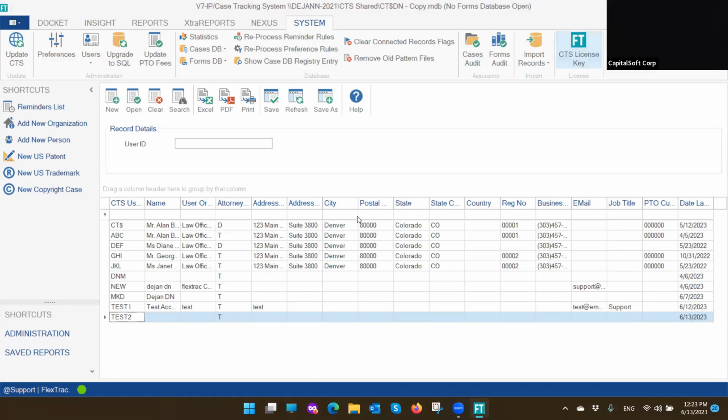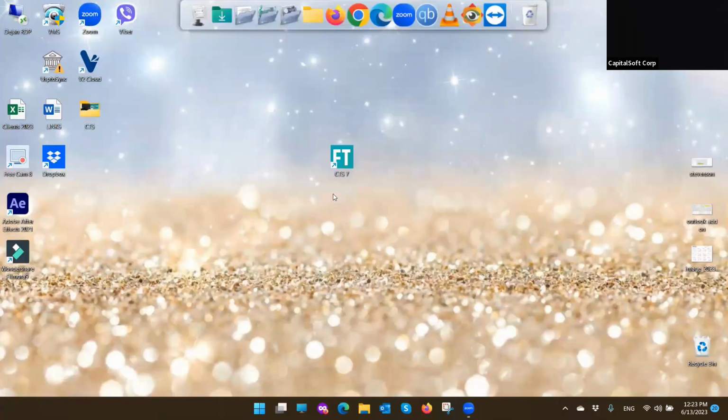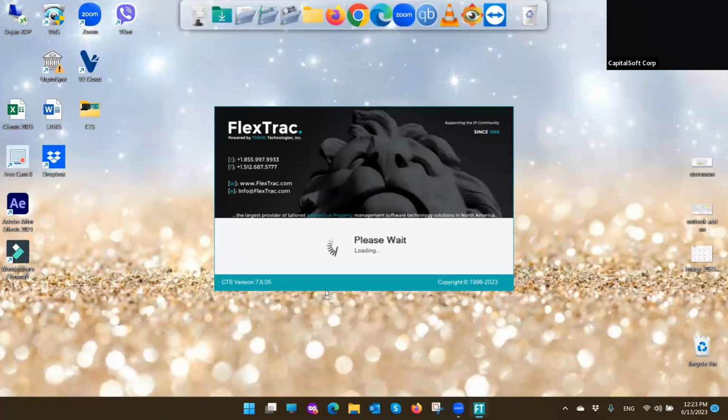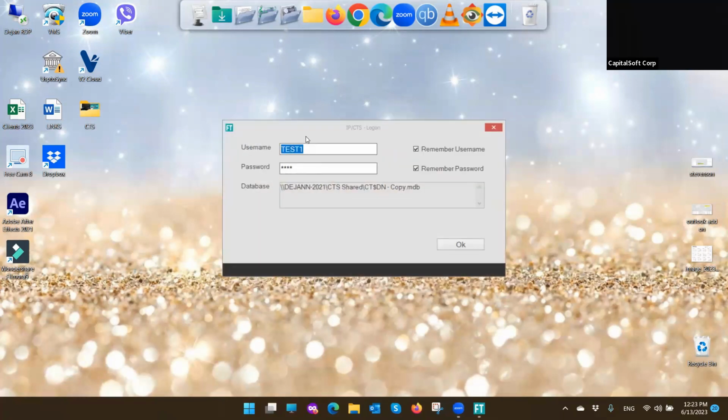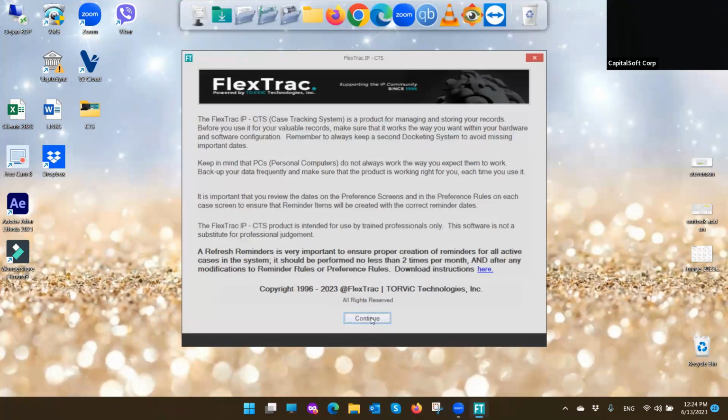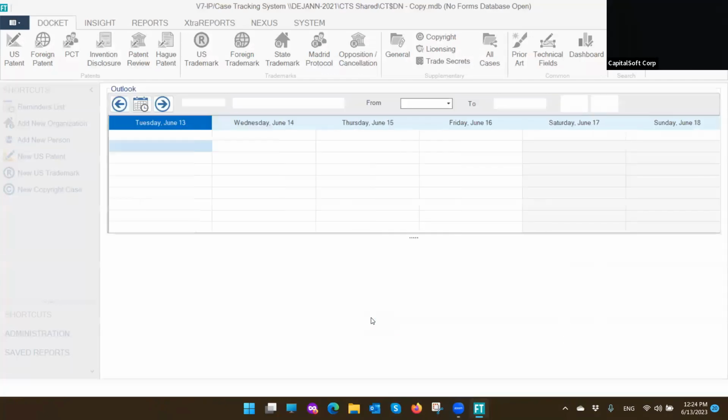Once we create the user, let's go ahead and close. We'll go ahead and open FlexTrac. And we will go ahead and enter the new user ID. You have the capability to remember the user and remember the password, so next time you don't need to type them again. You click OK, click continue, and it will